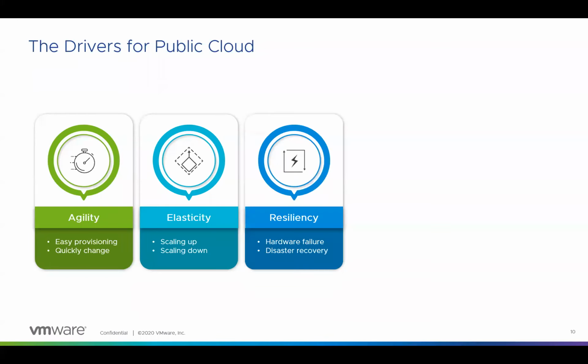VMware Cloud on AWS is provided as a service. And since it's provided as a service, you're not really responsible for the backend infrastructure or the software which is running on your SDDC, such as vSphere, NSX, vSAN. A significant amount of an administrator's time is spent keeping the environment current, doing the patching, upgrades, and so on. Since it's provided as a service, you don't really need to do that here.